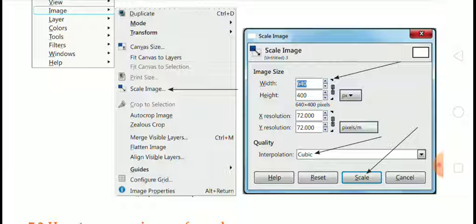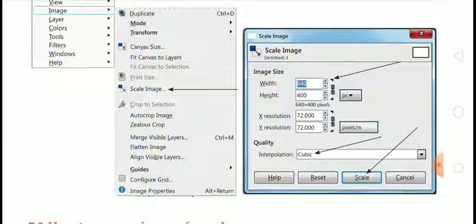You can change the height or width according to your need, and X resolution, Y resolution, that also you can change. Then quality interpolation, so you can click on the drop down arrow and select any interpolation option. After that you can see the help button, reset button and scale, and the last is cancel button.